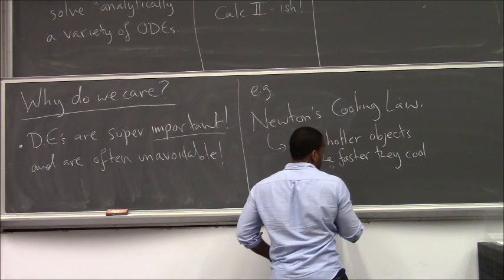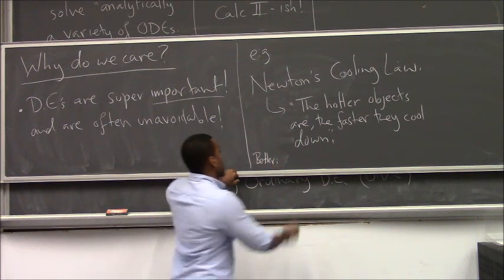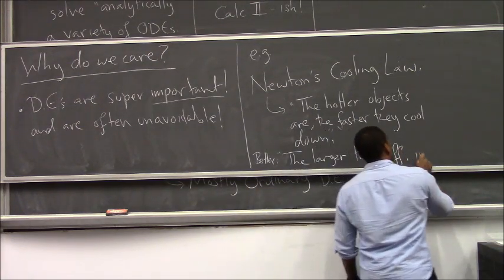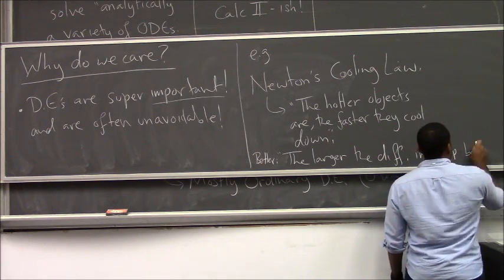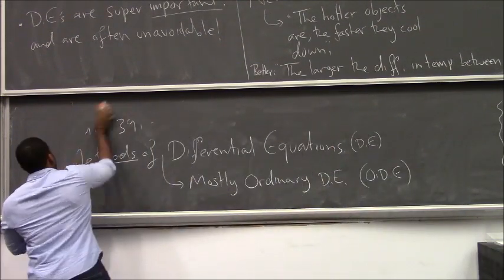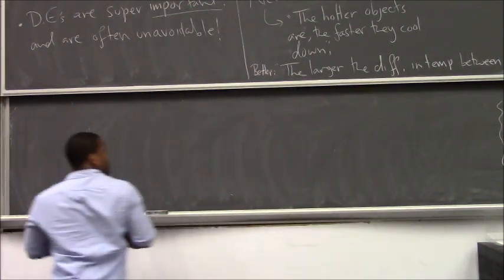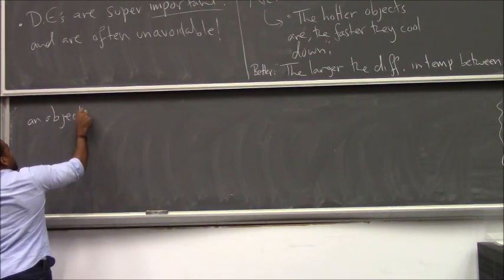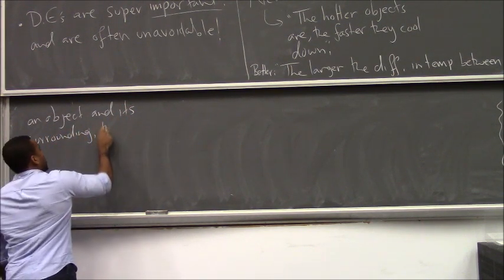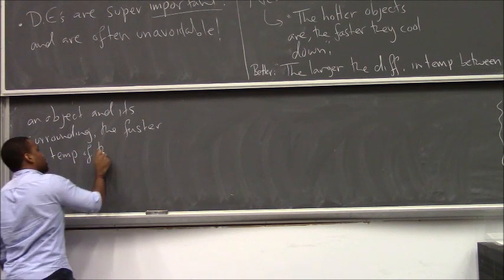what if the thing is actually colder than the surroundings? Probably a better way is to say something like, the larger the difference in temp between an object and its surrounding, the faster the temp of the object